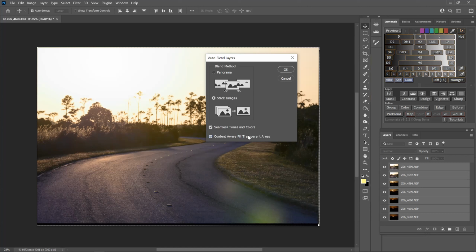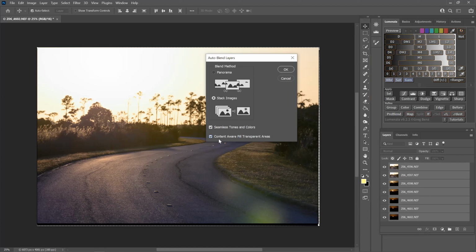And content aware fill. Content aware fill, if you don't know, Photoshop will take the areas like down here at the bottom where you can see the dotted line and the black. That's because my image moved a little bit when it was trying to even them out. And what Photoshop will do is take the pixels that surround it and fill these blank spots.